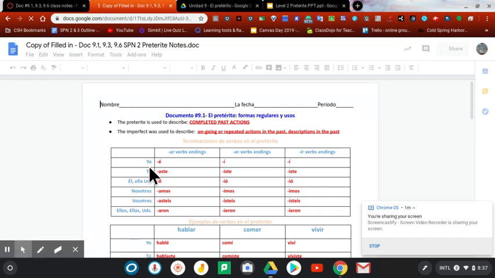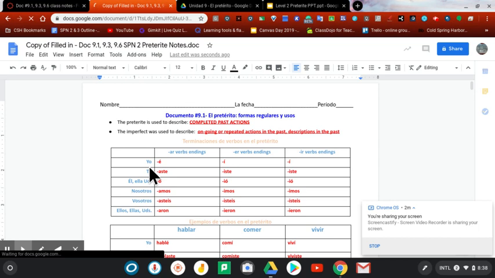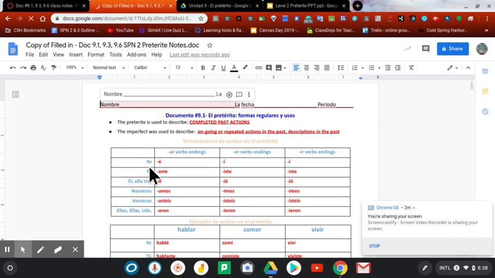So don't forget that just because you see that gray screen, it doesn't mean that the information is not accessible to you. And something else that I want to make mention of, as a class, you need to make sure that you are adding your accents. With the preterite, the accents are super important to the grammar. So on your quiz, I went back in and if you put the accent on the wrong letter, I gave you back partial credit. If you forgot the accent, I gave you partial credit.